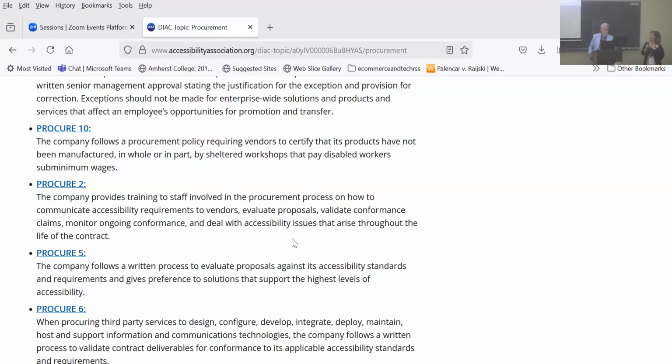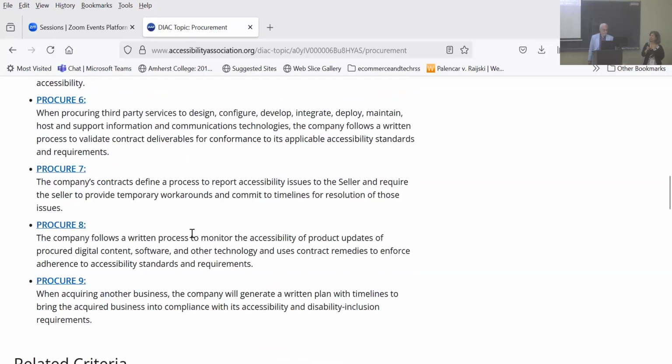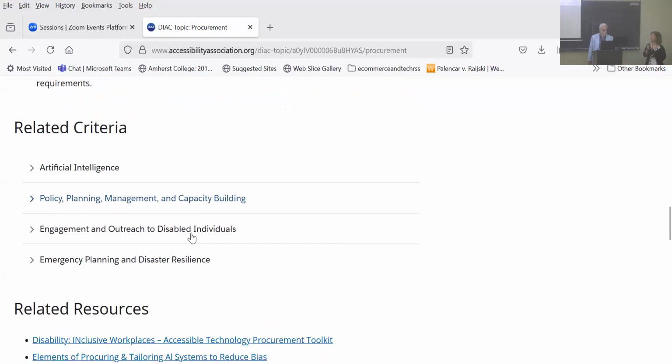Dan, this one about training for the procurement team, I want to say though, I get the pushback. I speak to a lot of ICT procurement people, or just general procurement people, and they'll say, well, it's not my job because my specialty is procurement. I know procurement policies. I don't need to know about ICT accessibility, as an example.